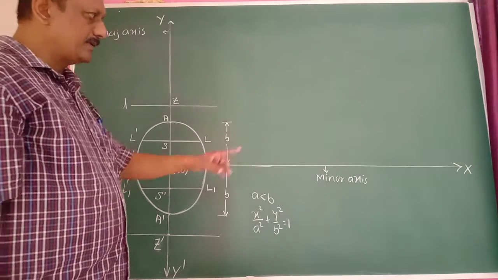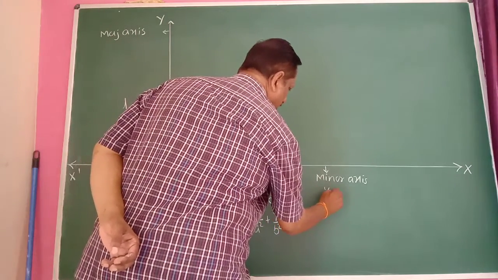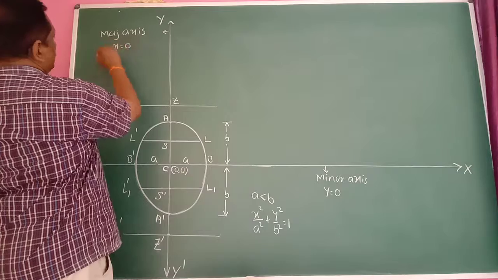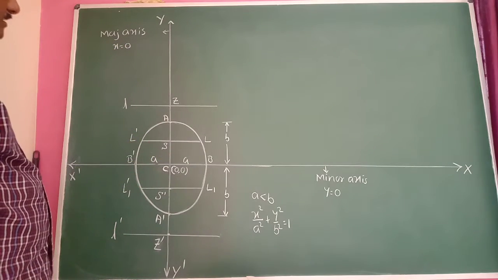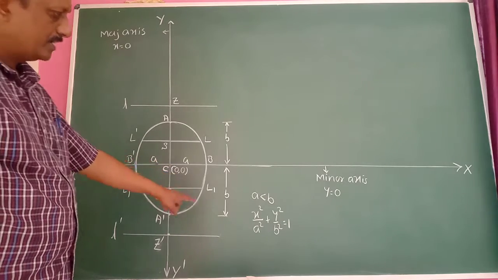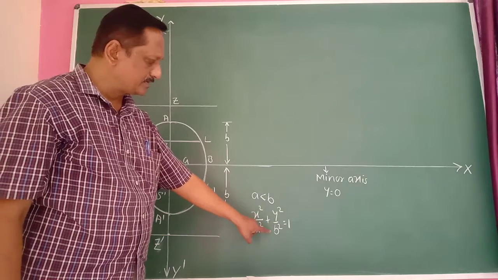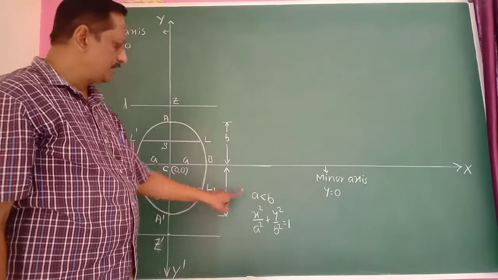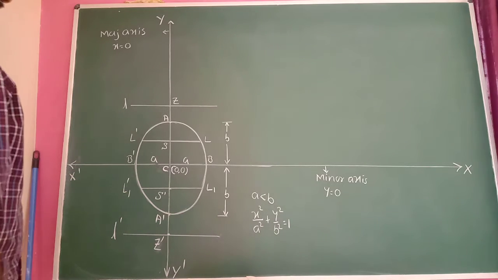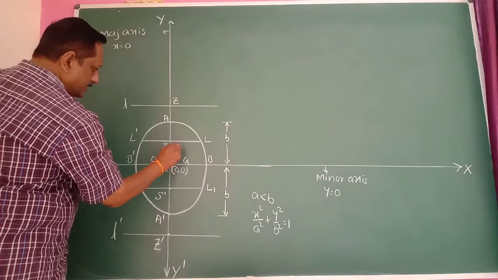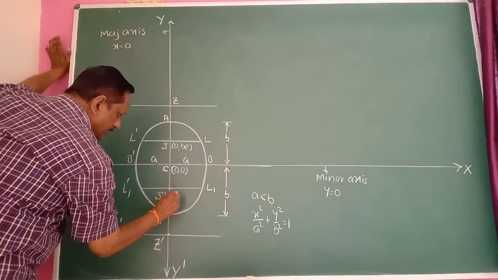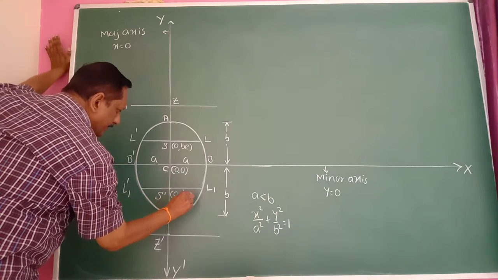And you know, the equation of the x-axis is always y is equal to 0, and the equation of the y-axis is always x equal to 0. These are the equations of the major axis and minor axis. So the center of the ellipse is the origin, x square by a square plus y square by b square is equal to 1, where a is less than b, then the ellipse is like this. The y-axis becomes the major axis. Then the coordinate of the point S becomes 0 comma b e. The coordinate of S dash is 0 comma minus b e.